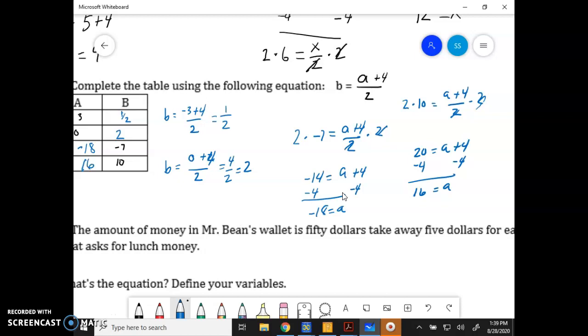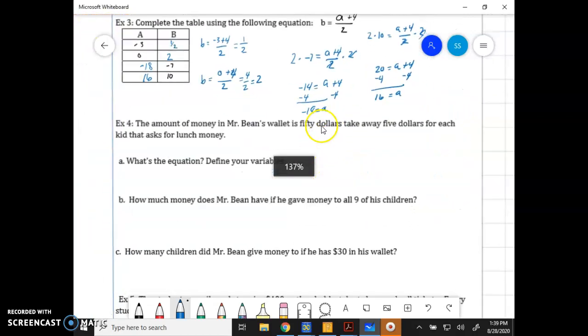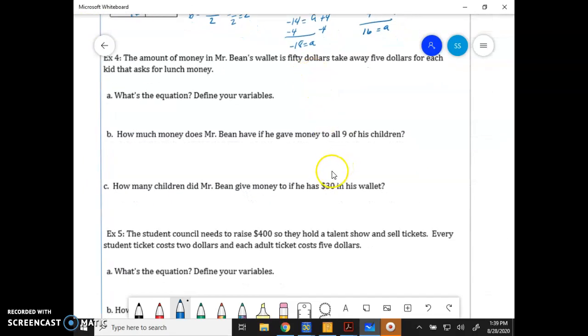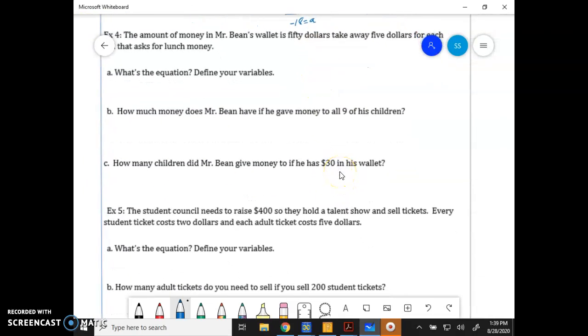16. All right. Moving on. Now we've got some kind of story problems-ish. We just need to write out the equations and define the variables. So let's see what we have. Example 4 says